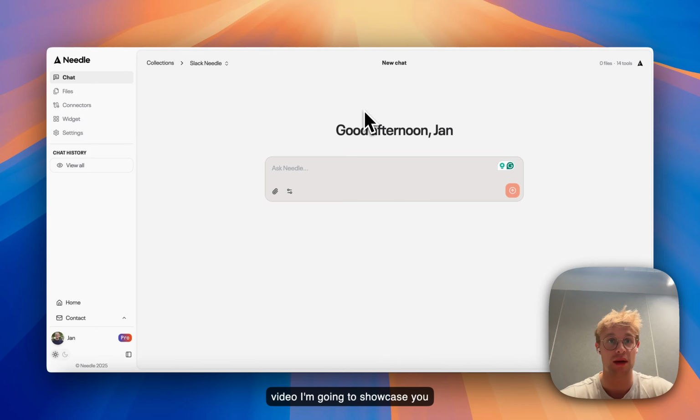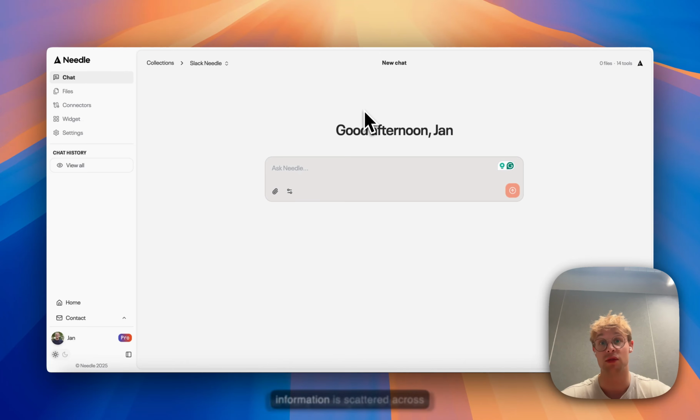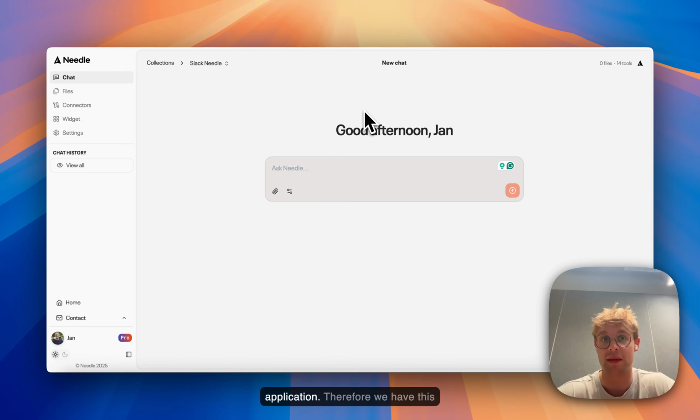I'm going to showcase our integration into Slack so that you can make your Slack messages searchable. A very common problem many of us are facing. Slack is a nice tool and we love to use it as well, but Slack can also become very overwhelming, since there are so many messages and so much information scattered across different channels within your Slack application. So therefore we have this integration of Needle with Slack so that you can quickly find information